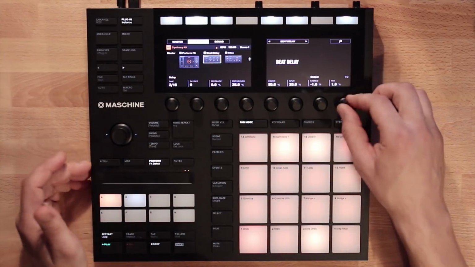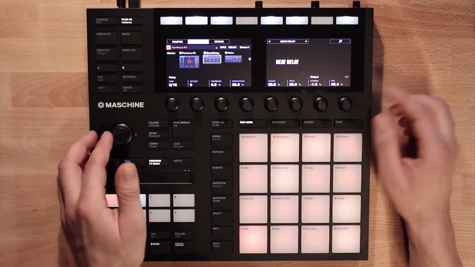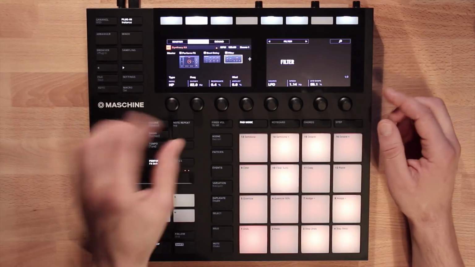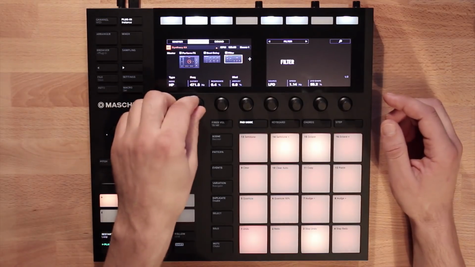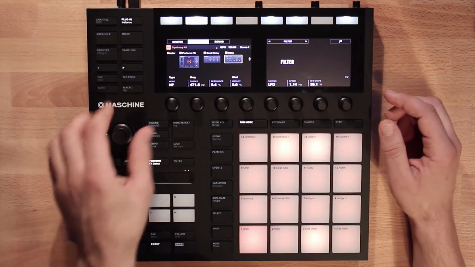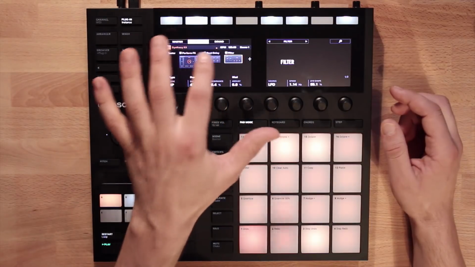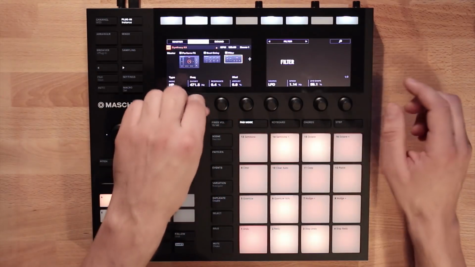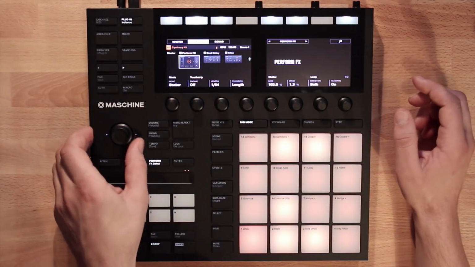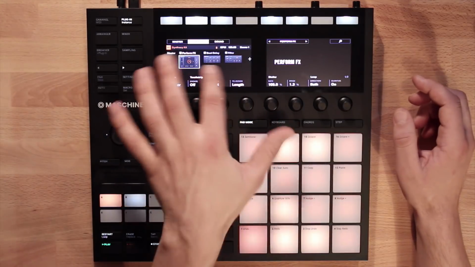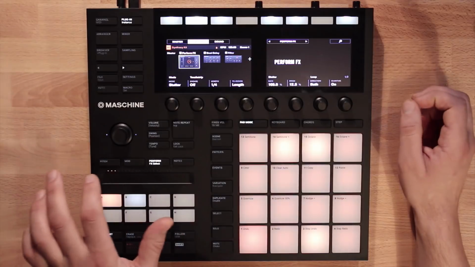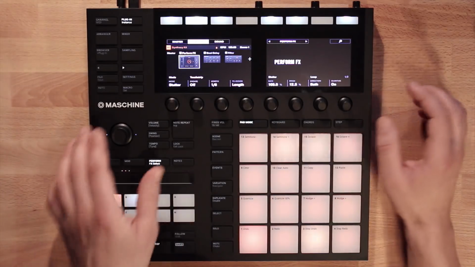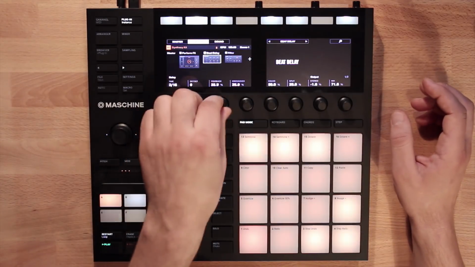So I'm thinking if I start to increase some of the delay, I can then start to filter it. So I thought about the order of the effects here as well by placing the delay after the perform effects. It means the perform effects is delayed in the signal path. To increase some of the feedback,